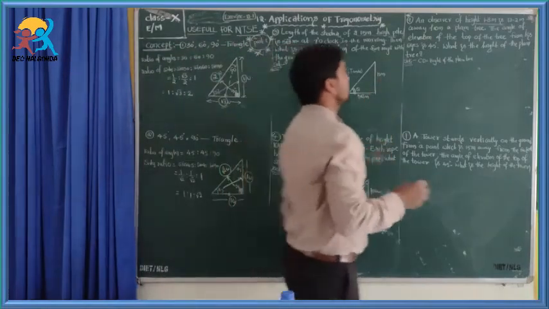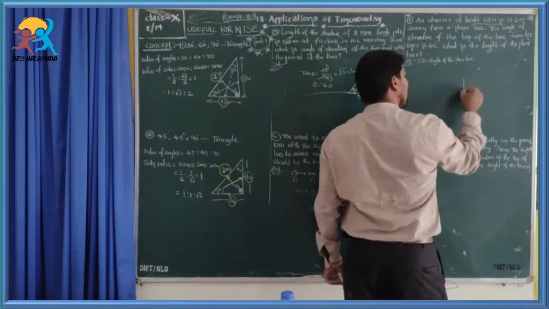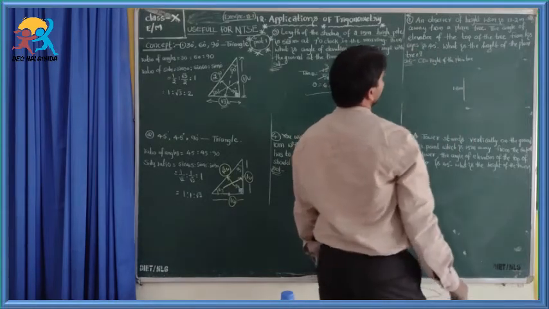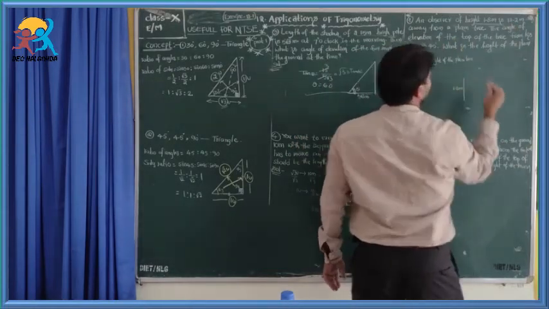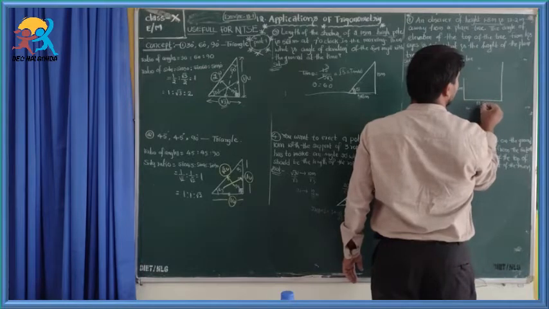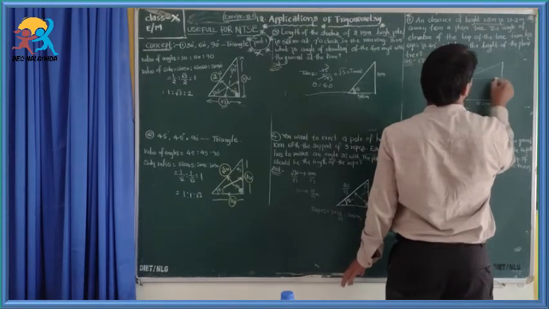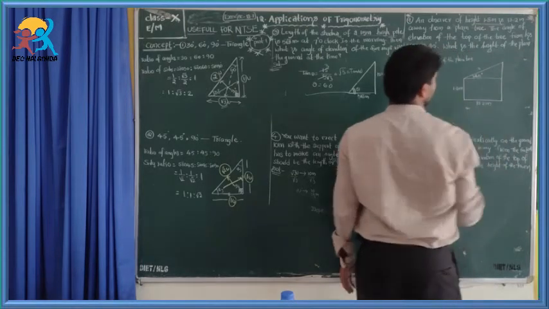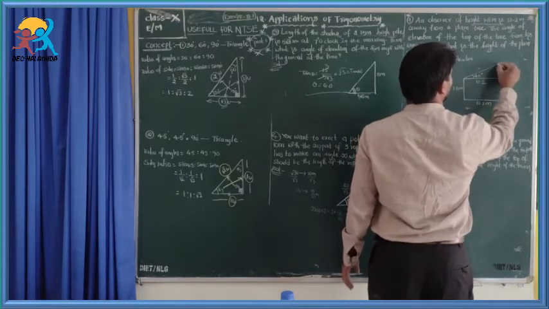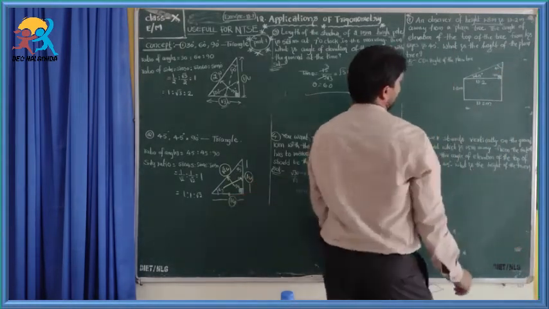Likewise, next. An observer of height 1.8 meter. Consider his height, this is 1.8 meter. He is 13.2 meter away from the palm tree. So here it is the palm tree. The distance between observer and palm tree is 13.2 meters. The angle of elevation of the top of the palm tree is 45 degrees. We know that this is also 13.2, this is 90 degrees, and this is 45 degrees. Now we use this concept. What do we have to find?